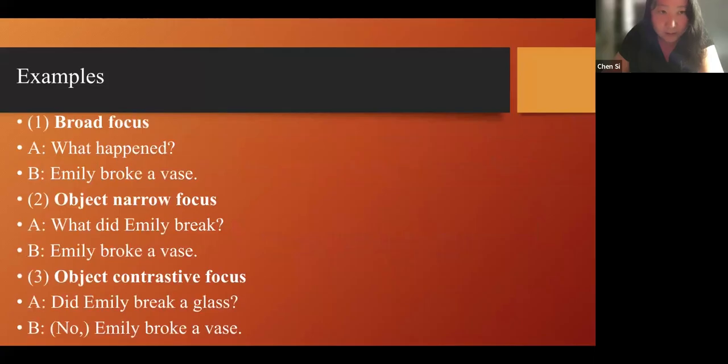Here are some examples. In a conversation, like in the first one, speaker A might say, what happened, and speaker B would answer, Emily broke a vase. In this situation, we have broad focus. However, if speaker A asks, what did Emily break? Speaker B is likely to use some prosodic approach by saying, Emily broke a vase. You will see that there is prosodic prominence on the object here,